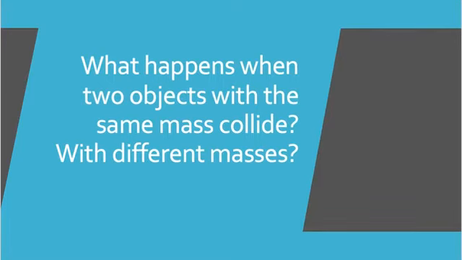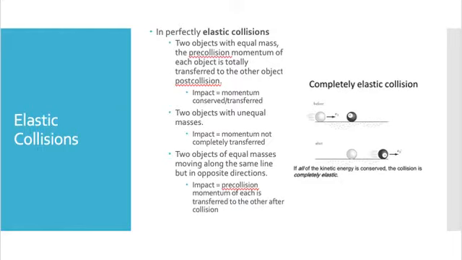What happens when two objects with the same mass collide? What about two objects that collide that have different masses? When two objects collide in a head-on collision, their combined momentum is conserved. We can use this principle to predict post-collision movements of the objects in certain situations if we know their masses